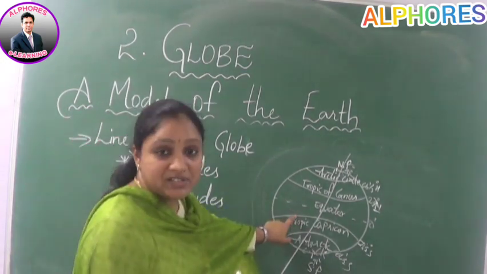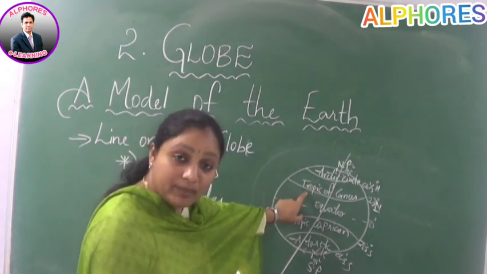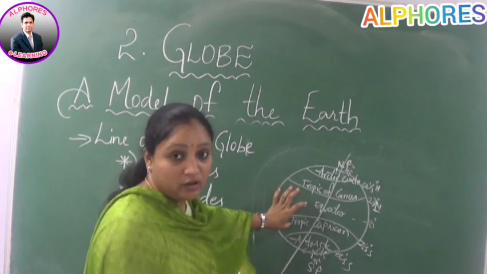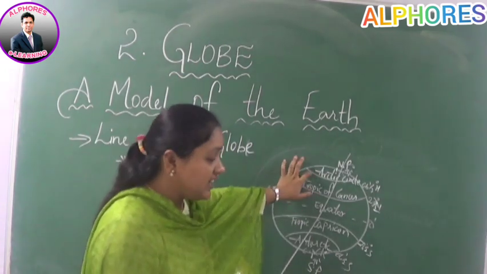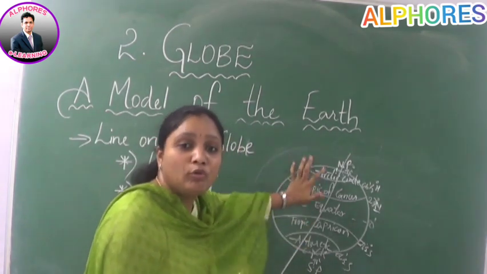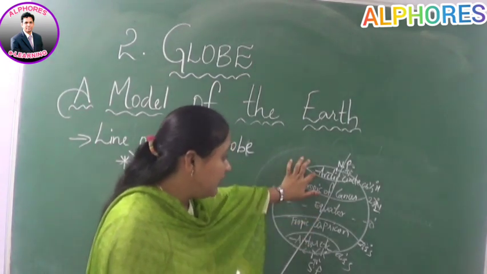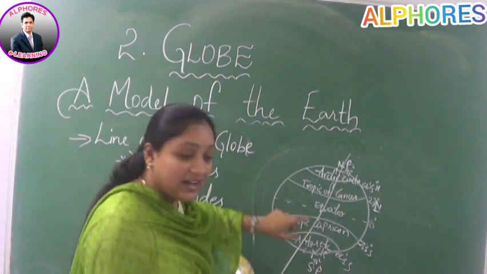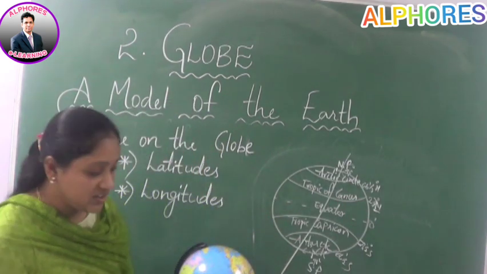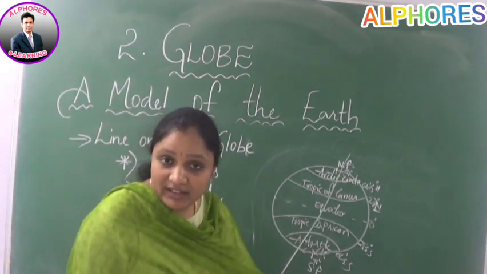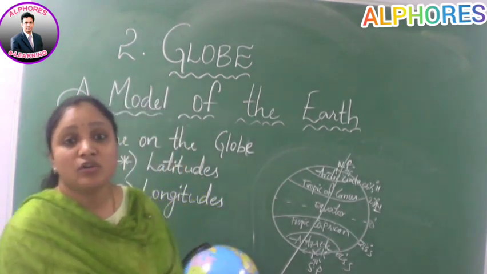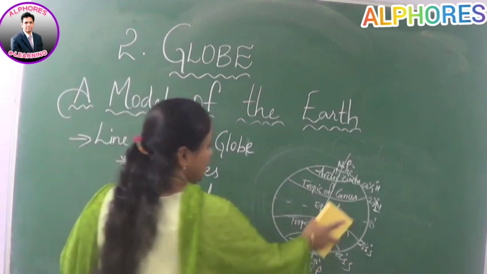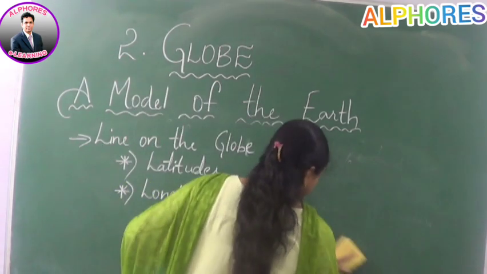The torrid zone comes near the equator. The temperate zone comes near the Tropic of Cancer towards the north and the Tropic of Capricorn towards the south. And the freeze zones are near the poles, at the Arctic Circle as well as the Antarctic Circle. Okay, children? Now these are the important lines of latitude. Next let us go with the longitudes, the longitudinal lines.